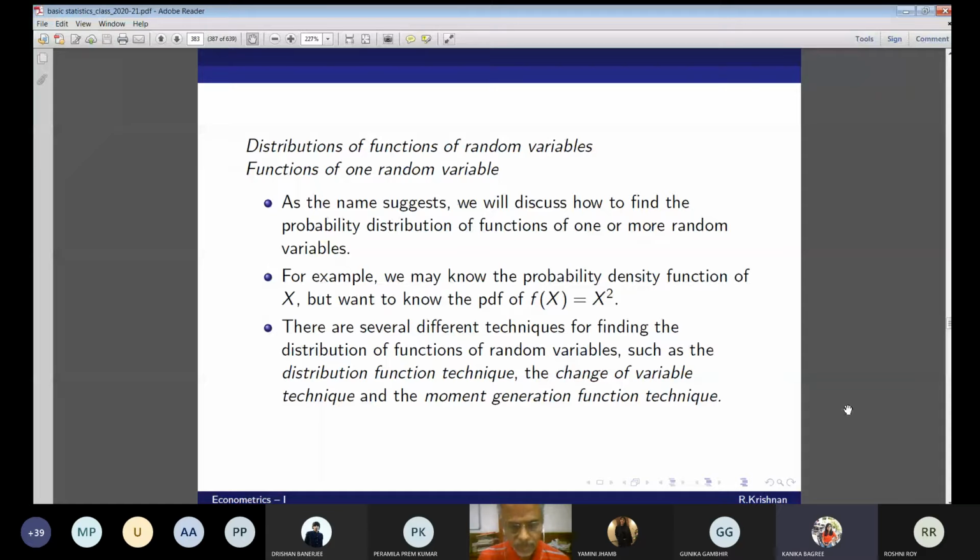There are two techniques for this. Sir, I have a question. For the Jacobian, we have to consider monotonic functions, only monotonic transformations. So how can we use the Jacobian in this case? You're talking about a function of x always increasing, or always decreasing? I'm coming to the point. Now I'm going to consider monotonic, as you say, always increasing. It can be always decreasing also, continuously decreasing also. Am I right? Yes.